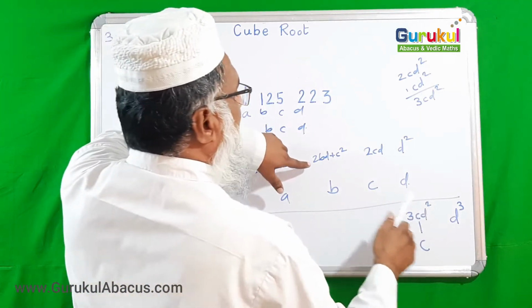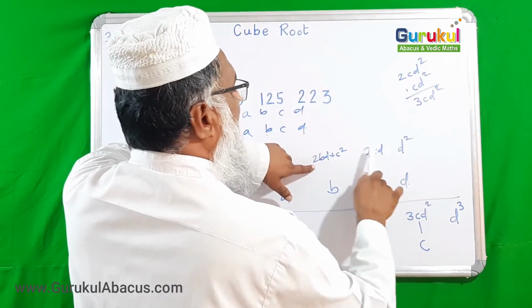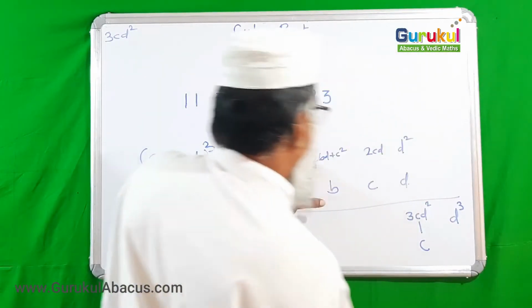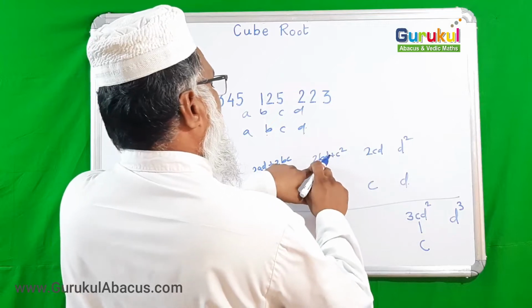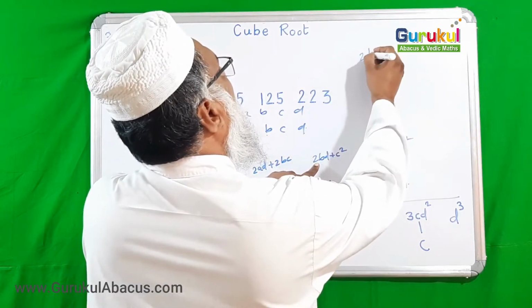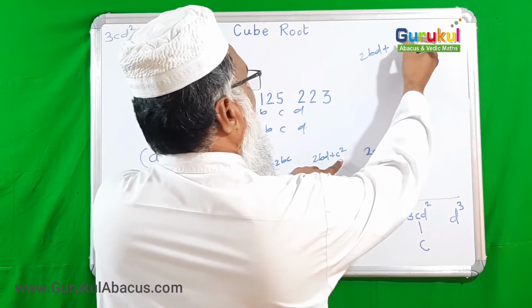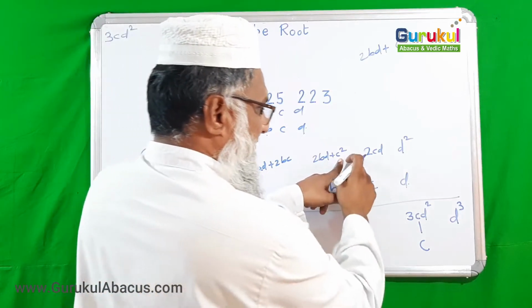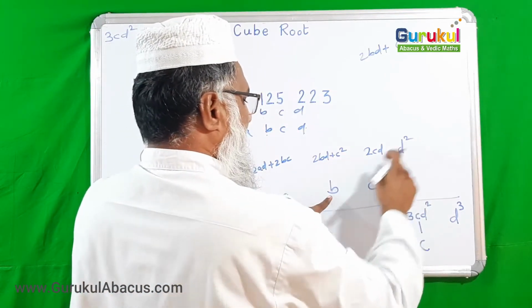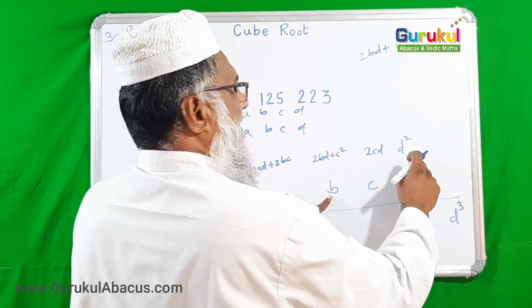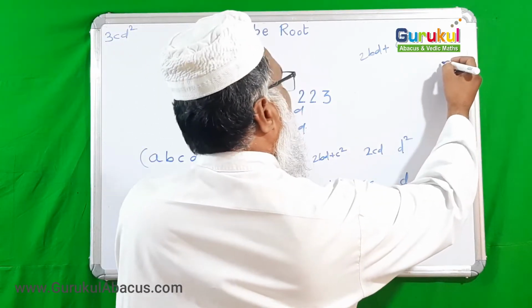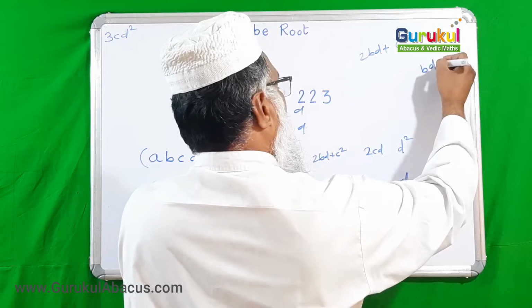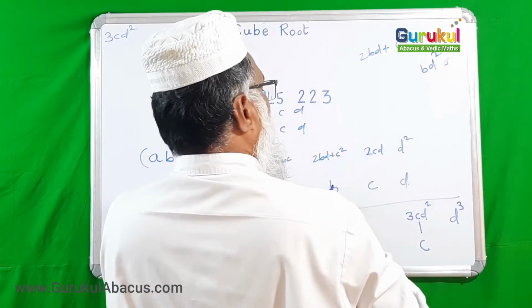After that, one more term is required next to it. So what is it now? This into this plus this into this plus this into this. Let us find it. First term multiplied by d is 2bd square, plus c square d. This multiplication is completed. Now think for this multiplication, b d square. Let us write it here for a minute.